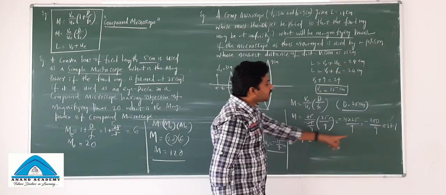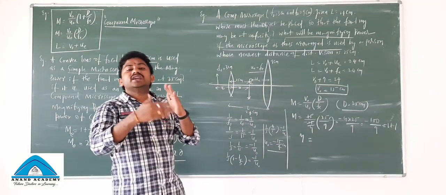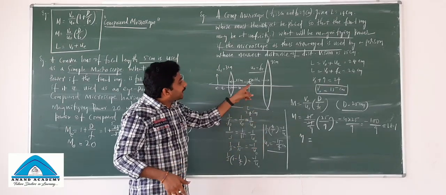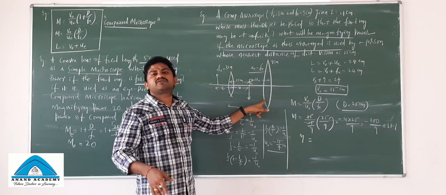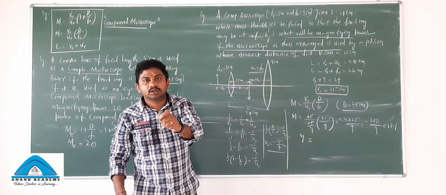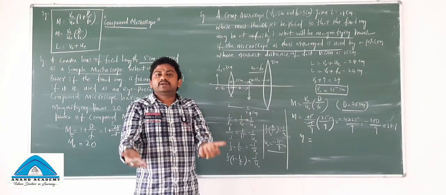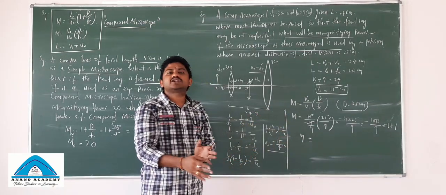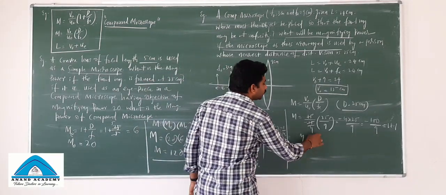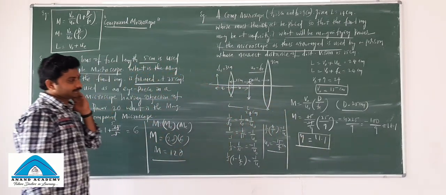The minus symbol is indicating that the image formed finally is real. Is it real or not? Let's see. The object is kept at the focus, so the image is formed at infinity. Is the image forming at infinity real, right? So the minus indicates only that the image is real. Generally, for this final magnification we will write in terms of magnitudes only, so the magnitude will be 11.1. So this is the final answer.